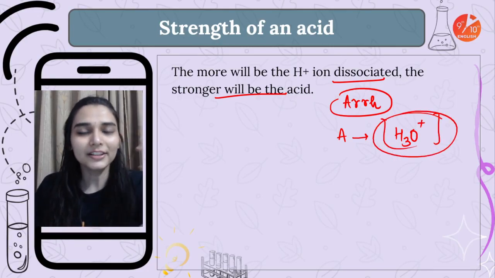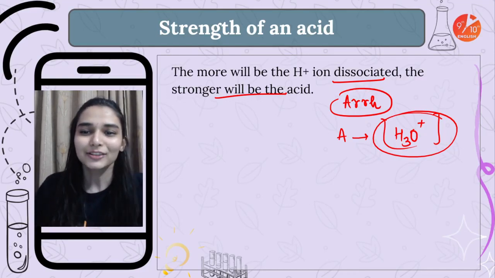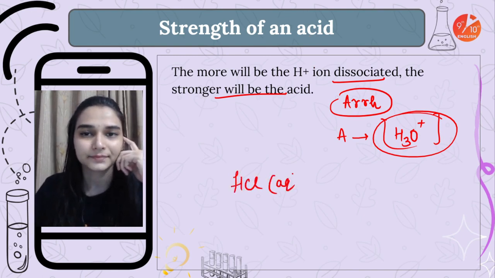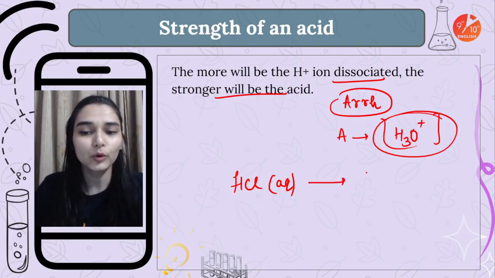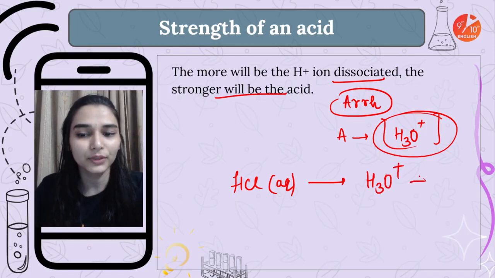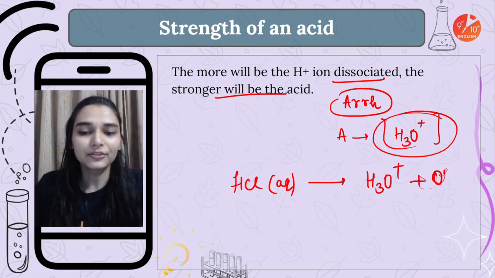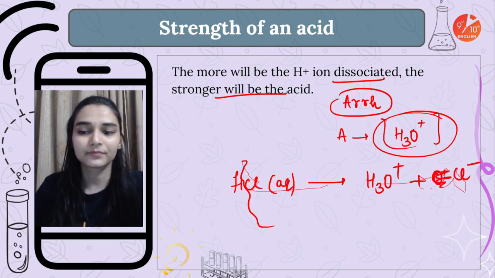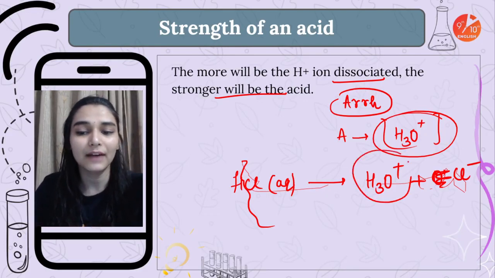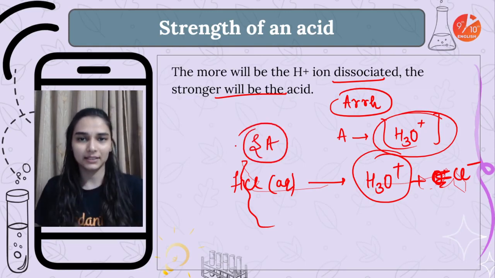So the more the concentration of hydronium ions in water, the stronger the acid, isn't it? That is what we have written here. Say if you talk about hydrochloric acid aqueous solution, you have taken 5 moles, then all the 5 moles are going to break down to give me hydronium ions, and the respective bond will break, and I will have chloride ions. So you can do it very easily. Such an acid which has a very high concentration of hydronium ions would be a strong acid.